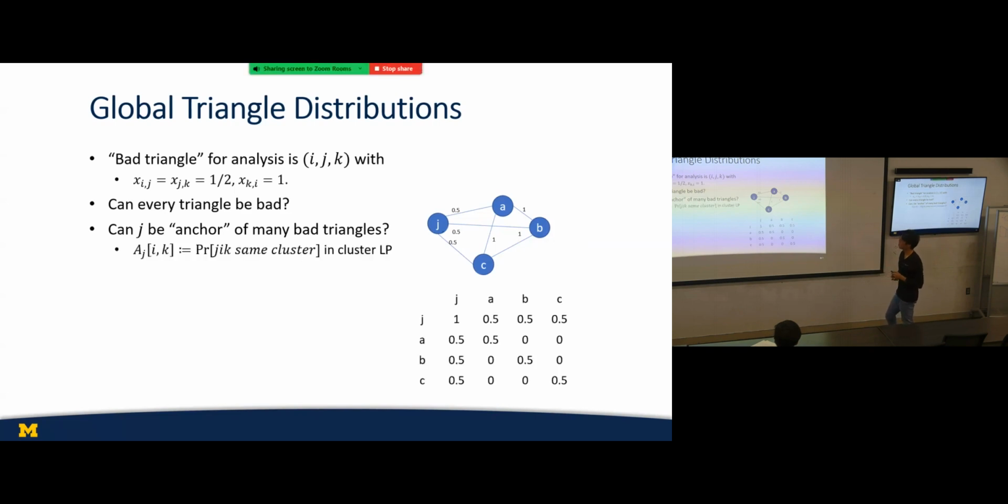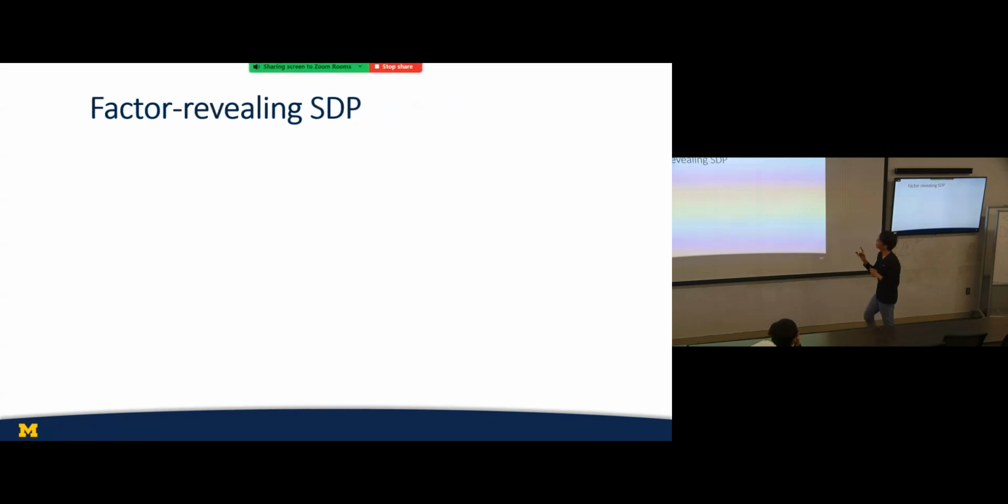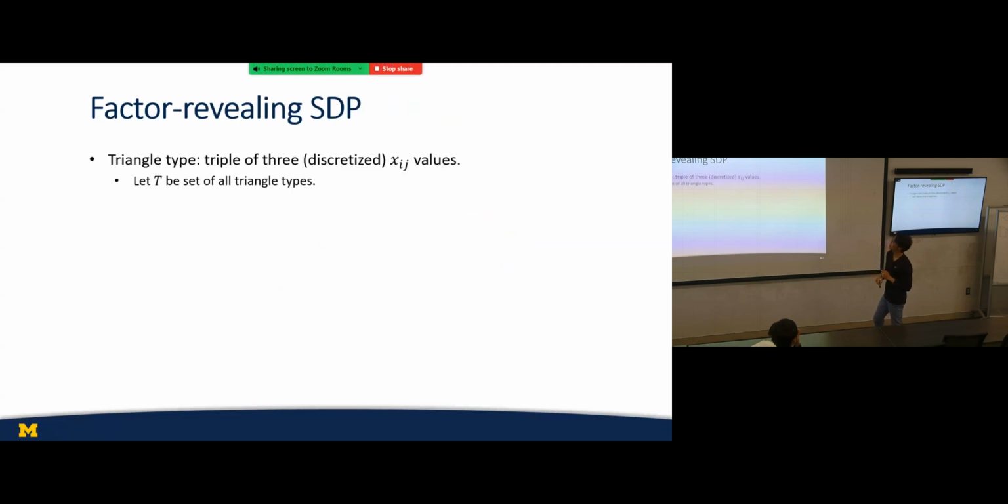And then one kind of fancy way to do it is to look at this matrix A sub J, with entries ik, which is the probability that i, j, k are in the same cluster. One can look at this as a PSD matrix, because it is some kind of covariance matrix. So then we can add some PSD constraints on this distribution of triangles. So at the end, based on this observation, what we do in the paper is,